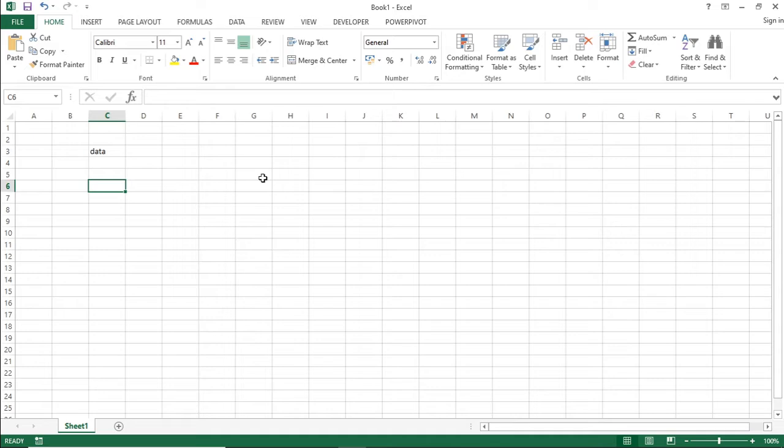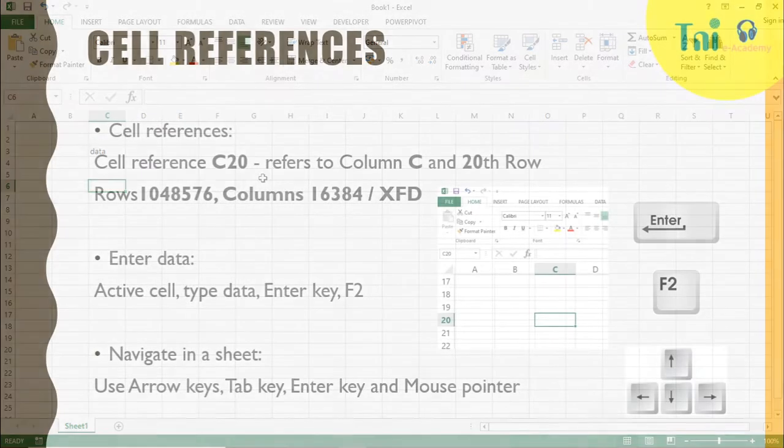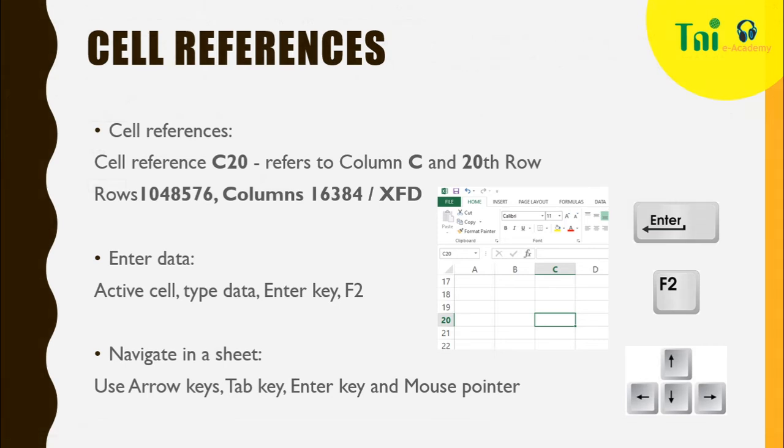So, next we will learn how to enter some data. When we start working with Excel, that means when we start entering information in a sheet, certain things we have to keep in mind. The very first thing is cell reference. Cell references are nothing but cell addresses. Each and every cell in Excel will have some unique name or unique cell address.